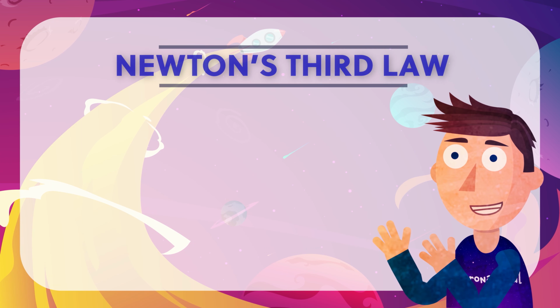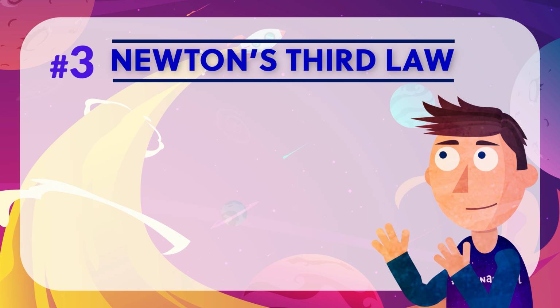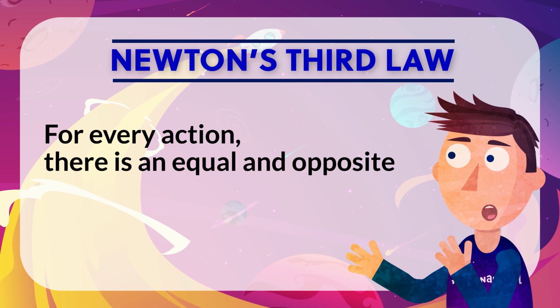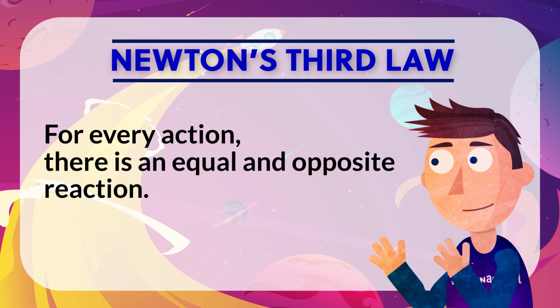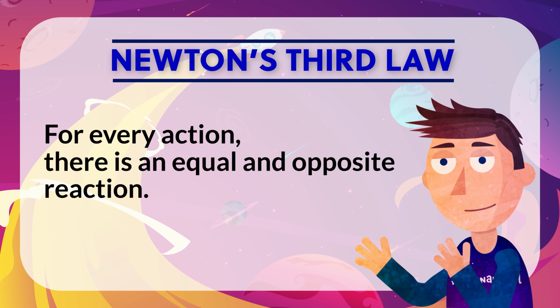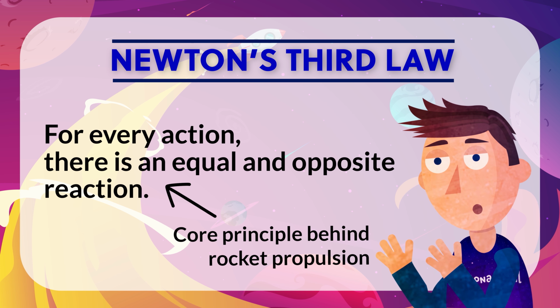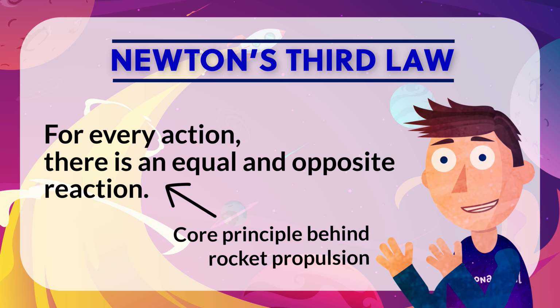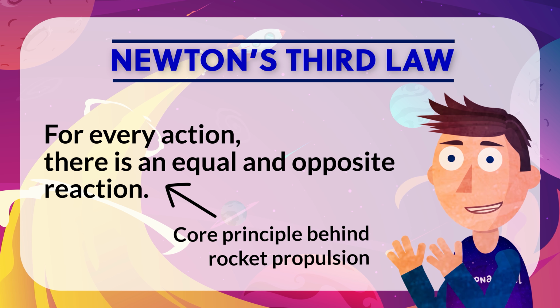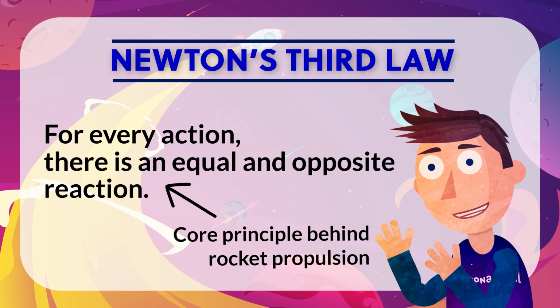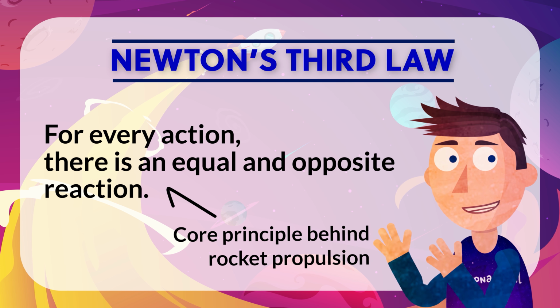The equation F = ma quantifies this force, with F being force, m being mass, and a being acceleration. Finally, Newton's third law of motion states, for every action, there is an equal and opposite reaction. This may seem very simple, but is the core principle of how rockets move. When a force is applied against an object in any direction, an equal force is applied back by the object in the opposite direction.